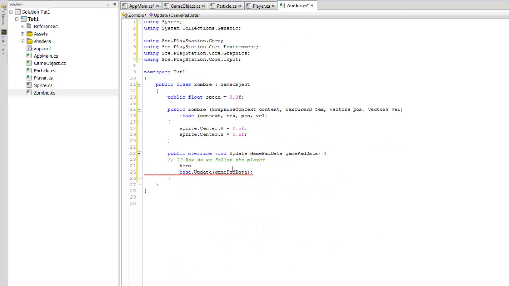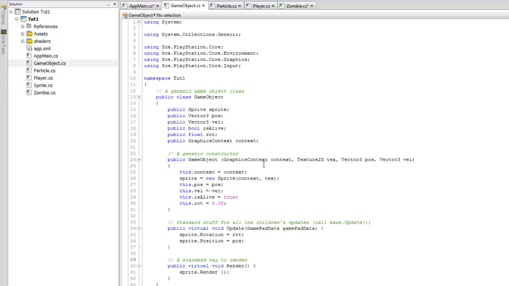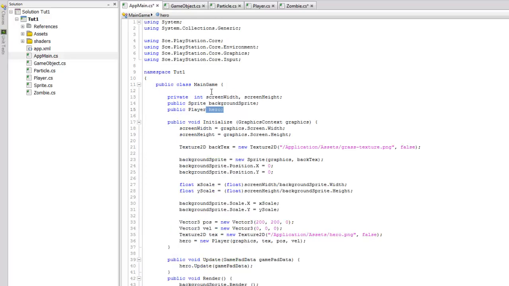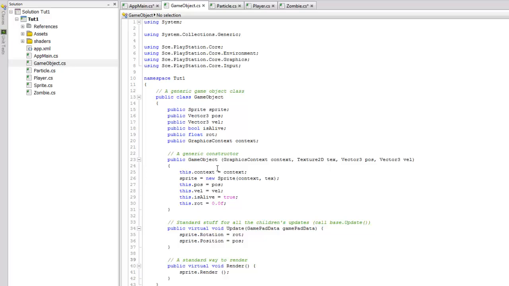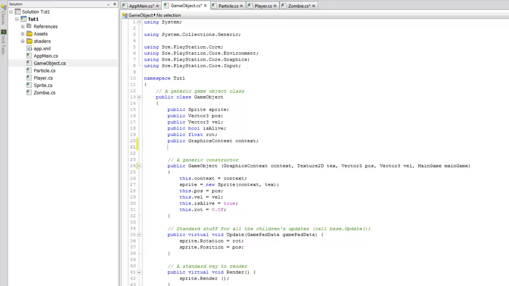Notice that there's no way that we can do that. And this isn't so difficult, but it will cause a couple of compile errors the first time that we do it, almost guaranteed. So watch what we're going to do. I really need it where all of these game objects have access back to this main game class. In other words, we really need for all game objects to have an extra parameter that comes in right here as the main game. In fact, we'll just call it main game as a parameter,